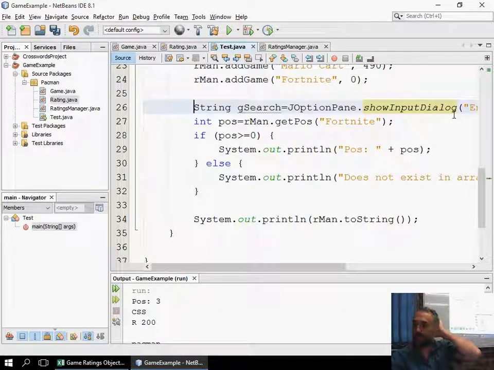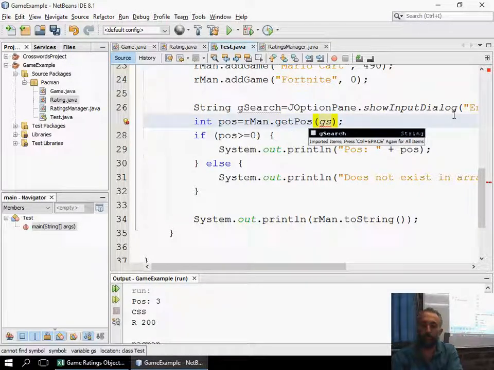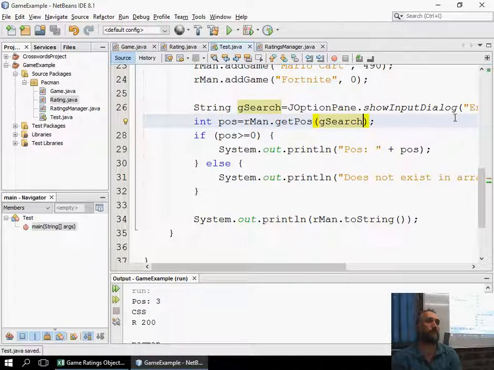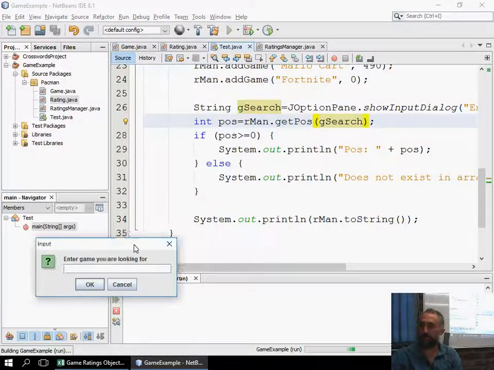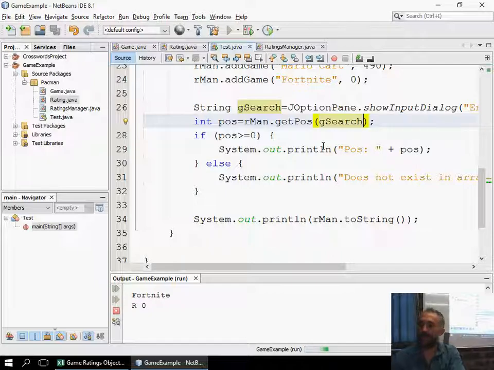Now, what that will do is it will allow you to input a string. Whatever string the user inputs will be stored in gsearch, and then what I could do here, instead of searching for Fortnite, is search for what the user asked to be searched for. So now when I press play, it comes up with a dialog saying enter the game you are looking for, and if I say I am now looking for Mario Kart, okay,